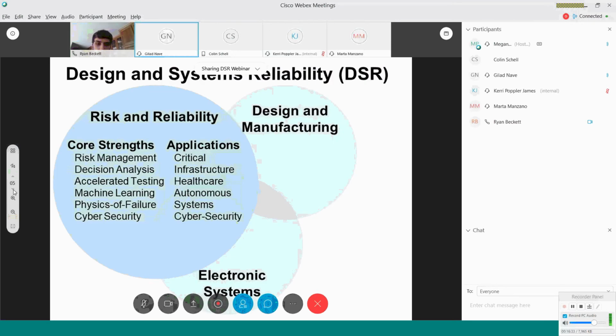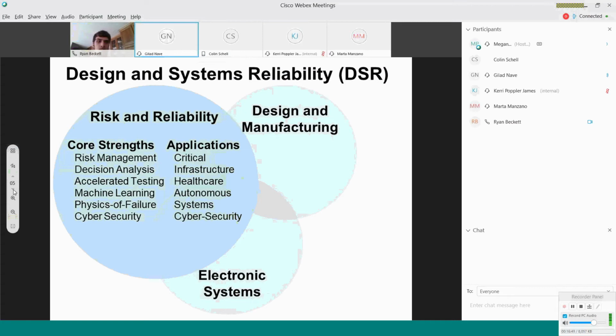The second group is the risk and reliability group, and their focus is not necessarily on removing all failures, but on understanding how failures occur, what the basic physics is behind those failures, and how one can use a combination of modeling and accelerated testing to predict those failures, and then use that information to manage risk and make design decisions that minimize or optimize the risk level that you're willing to take